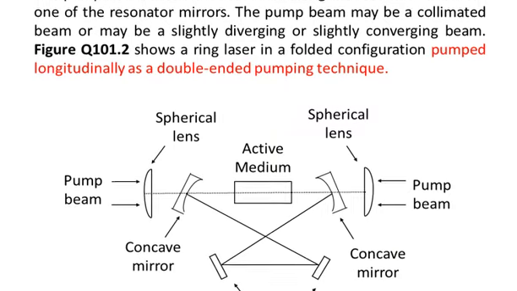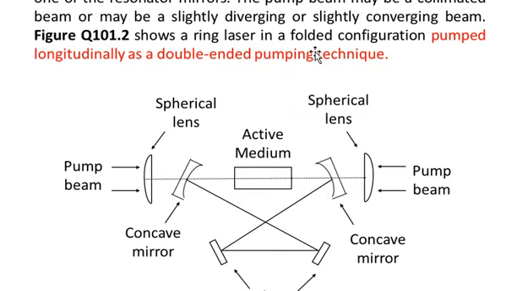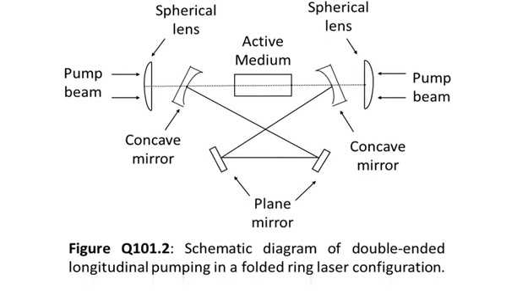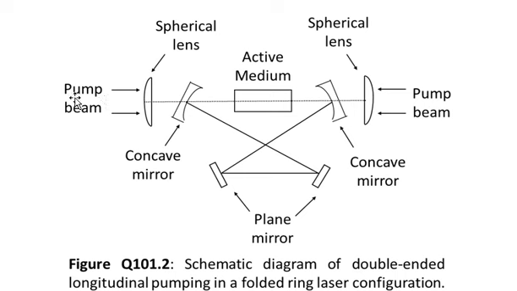Figure 10.2 shows a ring laser in a folded configuration pumped longitudinally as a double-ended pumping technique. Since this is a double-ended pumping technique, the pumping is done from the two sides. For example, from the left side, you can see the pump beam received by a spherical lens, and the spherical lens will focus the pump beam onto the active medium placed over here. And on the right-hand side, you can also see a pump beam being focused by a spherical lens onto the active medium. So this is the double-ended longitudinal pumping,